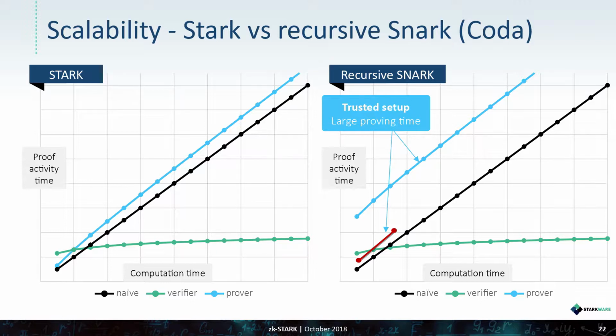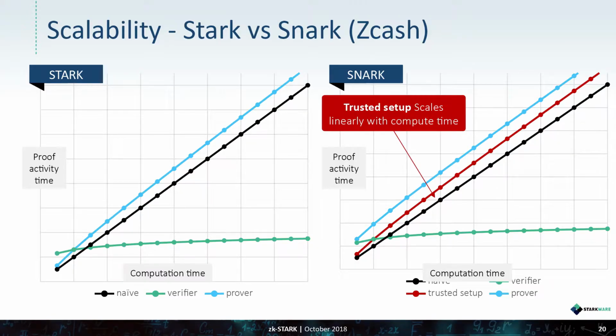The thing is that when you do a recursive Snark, the proving time, although it follows this, it follows it at quite a large distance compared with a Stark or even with a Snark. So the blue line goes up a lot. Now, theoretically and abstractly, you could say, well, this doesn't really matter much. It still is scalable in the sense that the proving time goes pretty much like the black line. But it does matter concretely because, for instance, whatever is the delay that you're willing to tolerate for generating a proof,